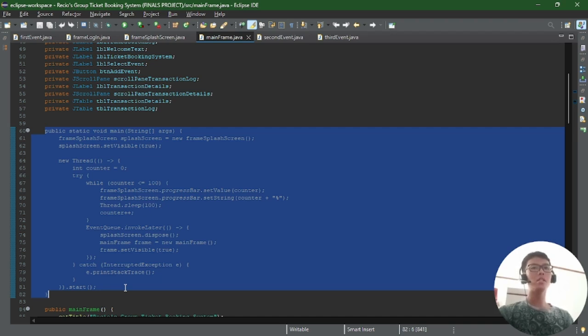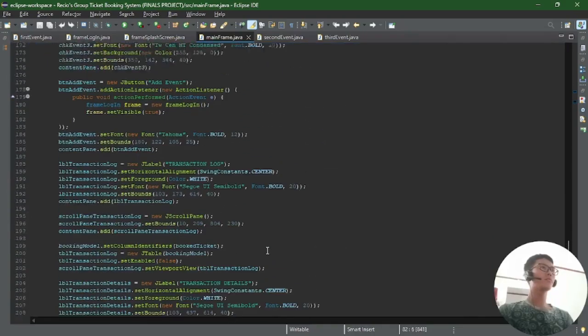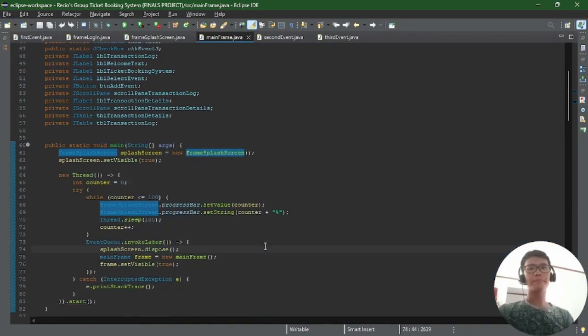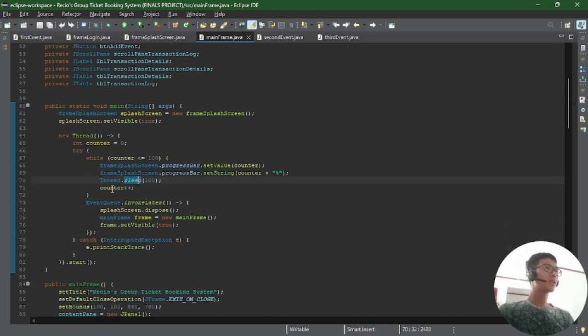Once the counter reaches 100, the splash screen is disposed, and the main application window, which we call our mainframe, which is the following codes that we've implemented so far, is launched and set visible using EventQueue invokeLater to ensure thread safety.